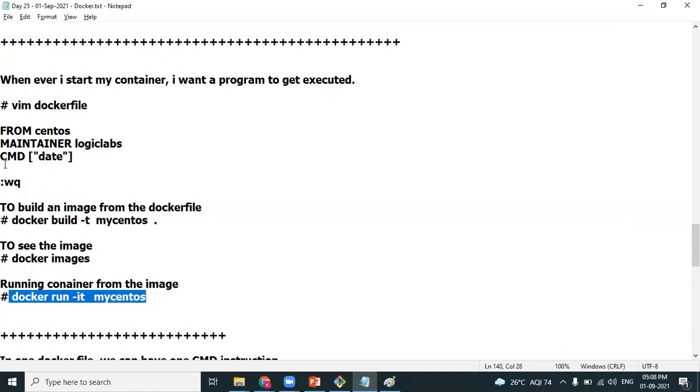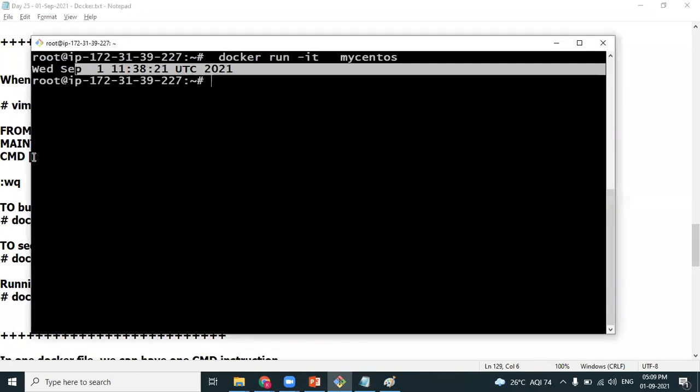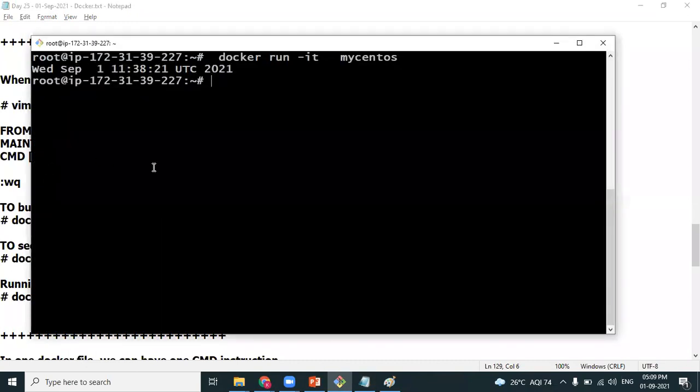So the command instruction is all about running a particular command. From now on, if you create one more container, again one more, the command instruction gets executed again. So the command instruction is very handy when you want a command to be executed automatically when the container starts. Clear? Right. So if I want to run multiple commands in the same, yes, that's the drawback of this command instruction. Look at this.